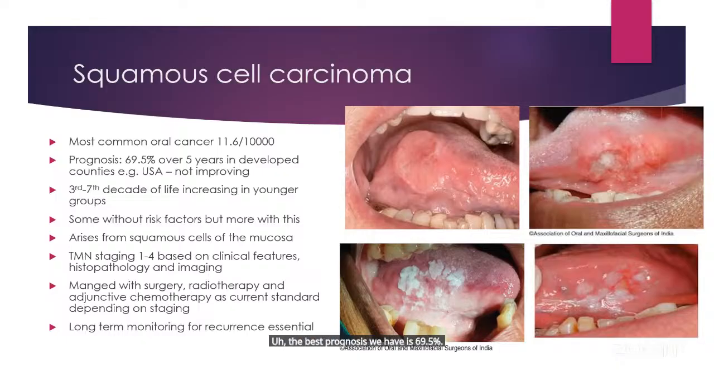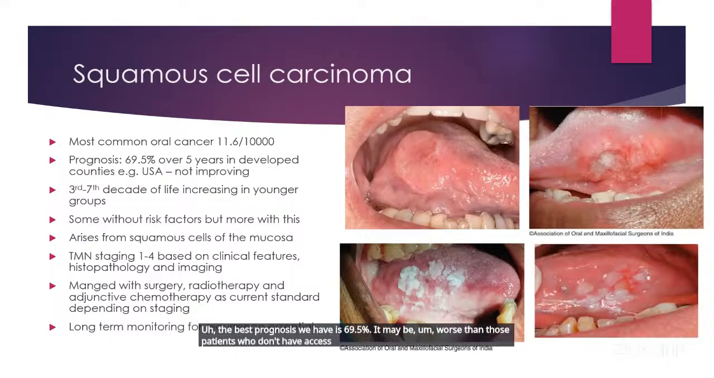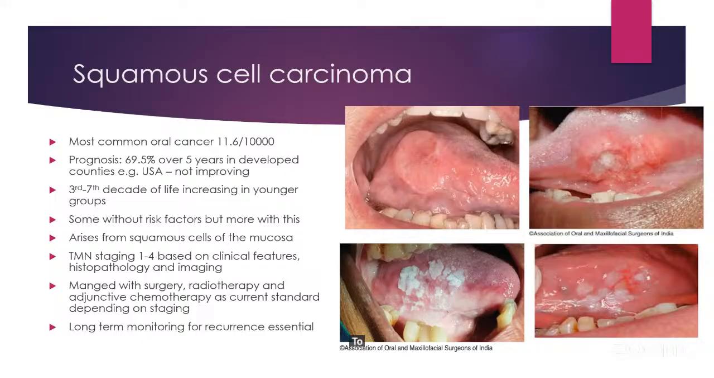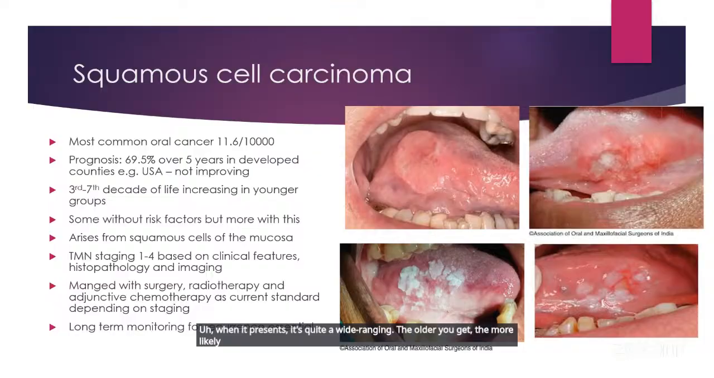It may be worse in those patients who don't have access to early detection and treatment. This normally presents in the 3rd to 7th decade of life, i.e. people in their 20s to their 60s or 70s, when it presents. It's quite wide ranging. The older you get, the more likely you are to have a cancer if such a lesion exists in your